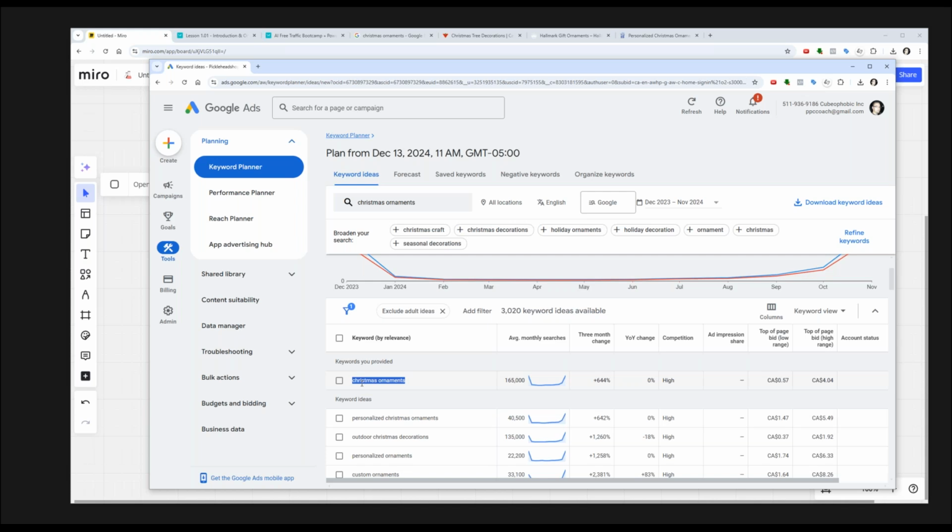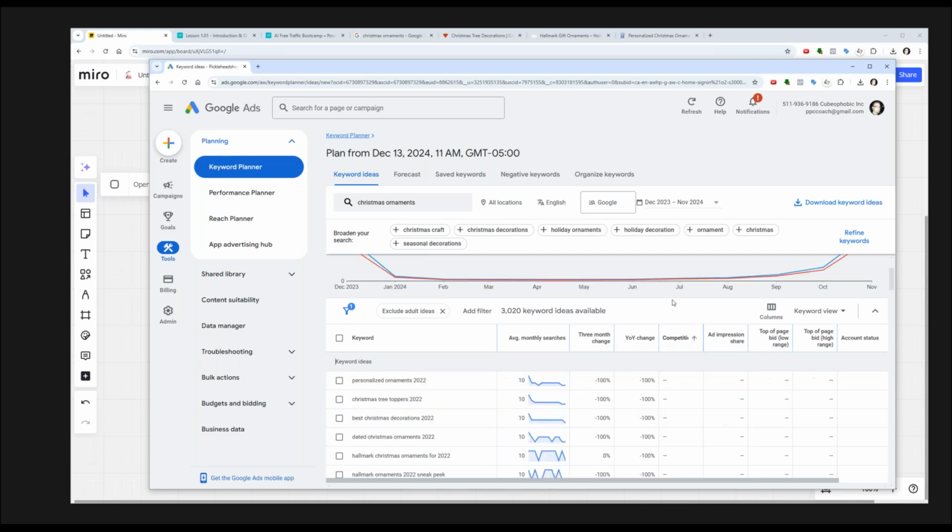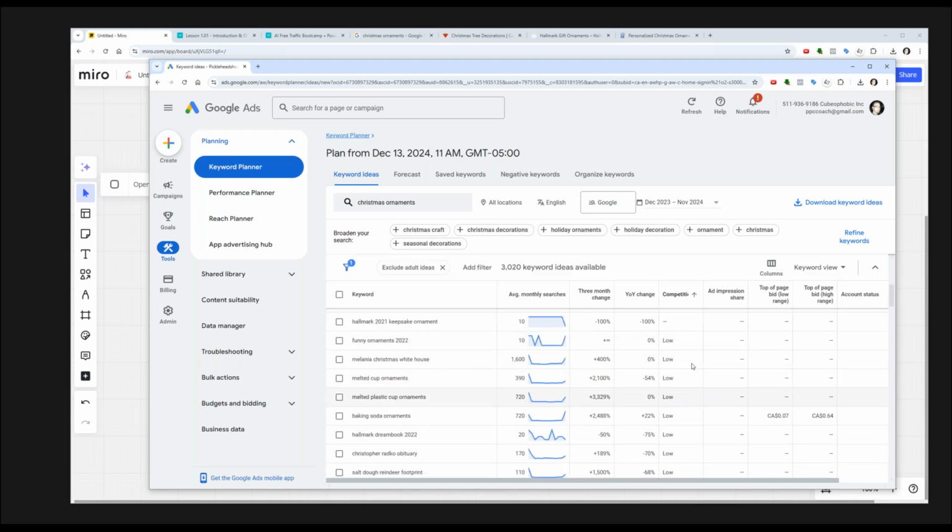So instead, what you want to do is take a route where you actually find keywords that are a little bit lower competition and a little bit easier to rank for because not as many people are typing it in, but you can still make up for that lower search volume by doing more articles on more lower volume keywords. And if you want to find them, it's very simple. I mean, you can use the fancy tools, but your Google Keyword Planner is actually really good for this.